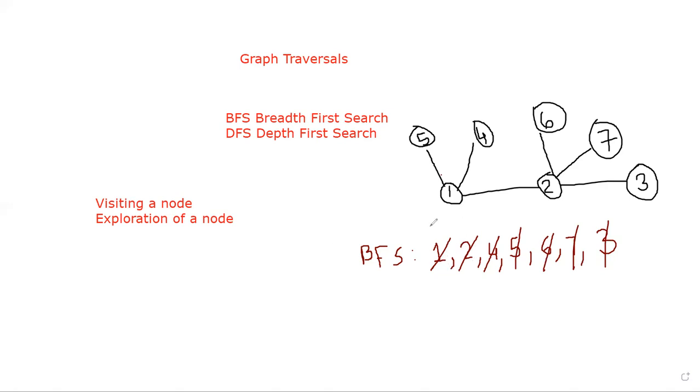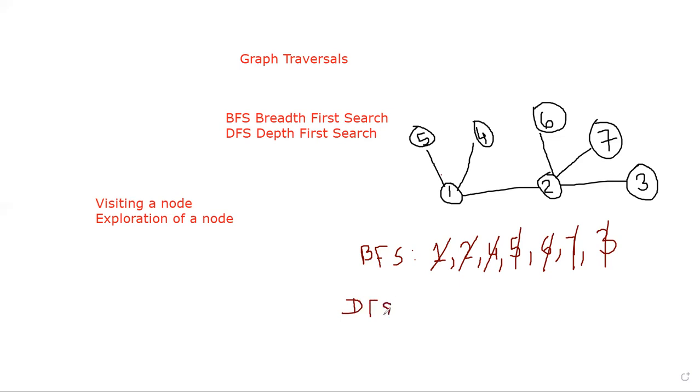This is when you are taking 1 as the starting vertex. For a graph, you can have a number of BFS traversals, because you can see this is not the only traversal you can get for this graph in case of BFS, isn't it? You can start from 2, you can start from 7, so you will get different traversal lists for BFS for this particular graph. Now I will explain how DFS actually works.